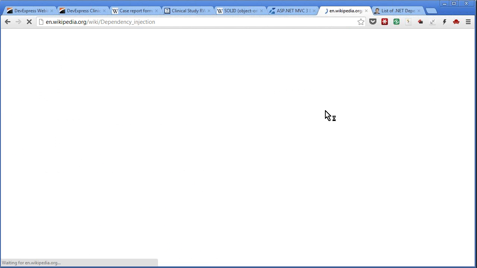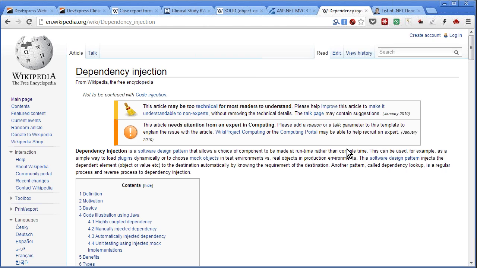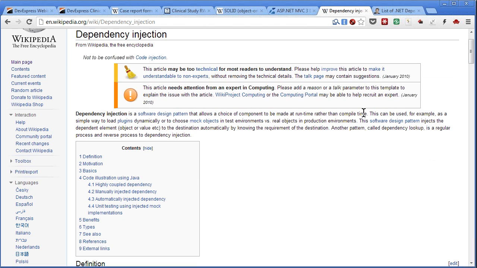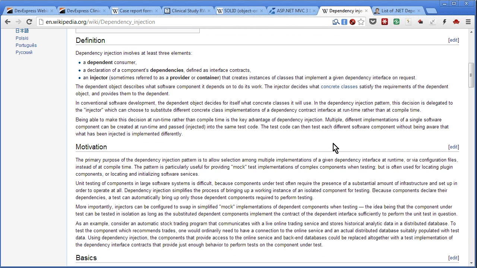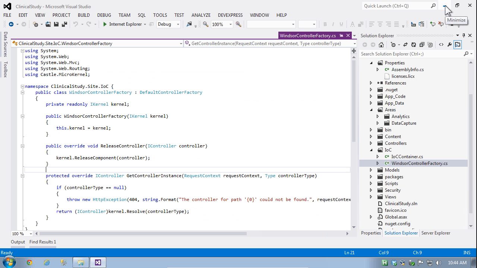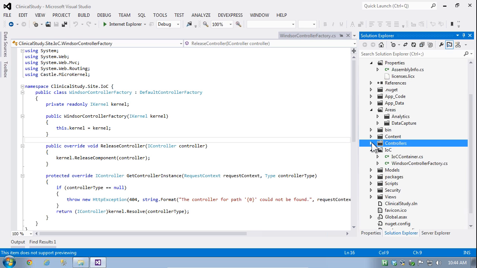There's a pretty good example on Wikipedia that explains it, right? So a design pattern that allows a component to be chosen at runtime. But it's a way to load plugins dynamically and to choose mock objects, right? What it does is it changes the dependency, and it puts the onus on somebody else. So let's take a look exactly at our